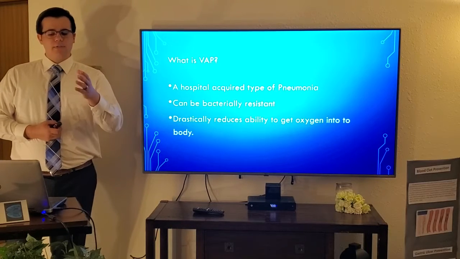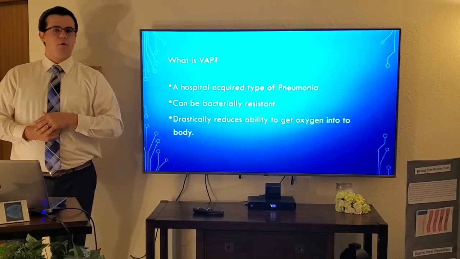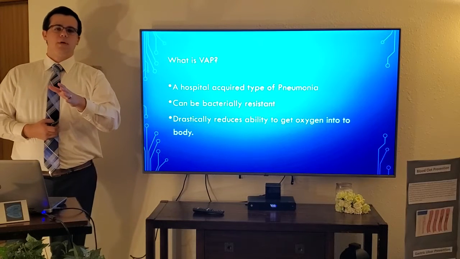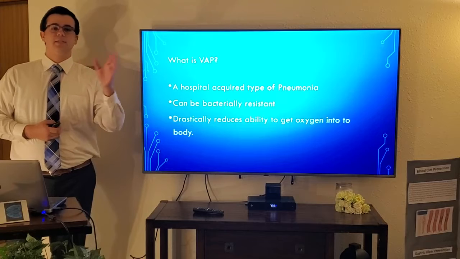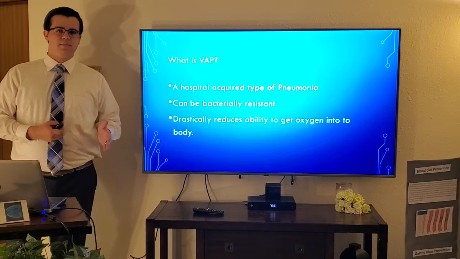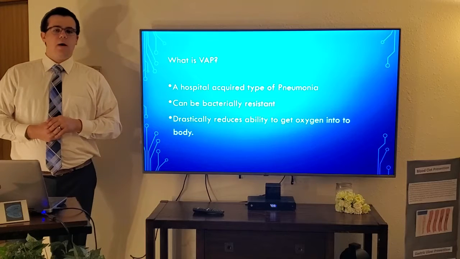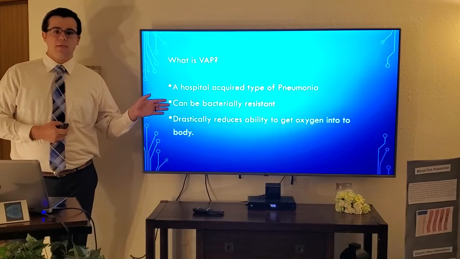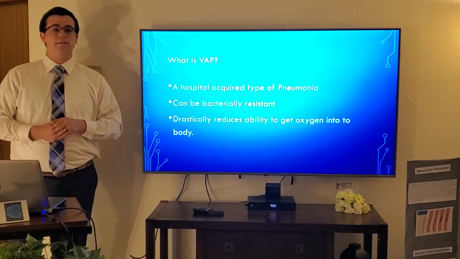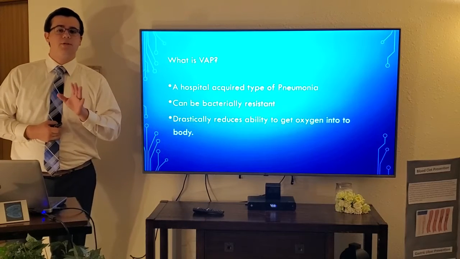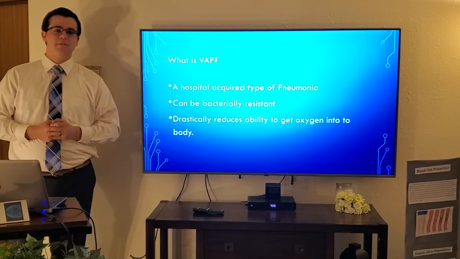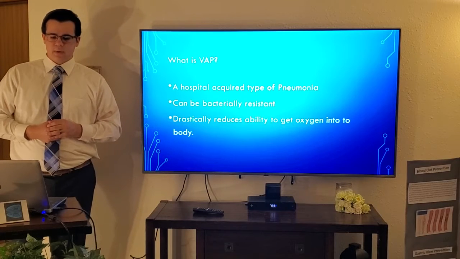Now, how is it different from regular pneumonia? Well, regular pneumonia is typically, like I said, something you get in the community. You don't get it in the hospital. So it's not really bacterially resistant. Whereas VAP can be very much so. In fact, it can resist much of the antibiotic capabilities that we have today, which can be very dangerous,